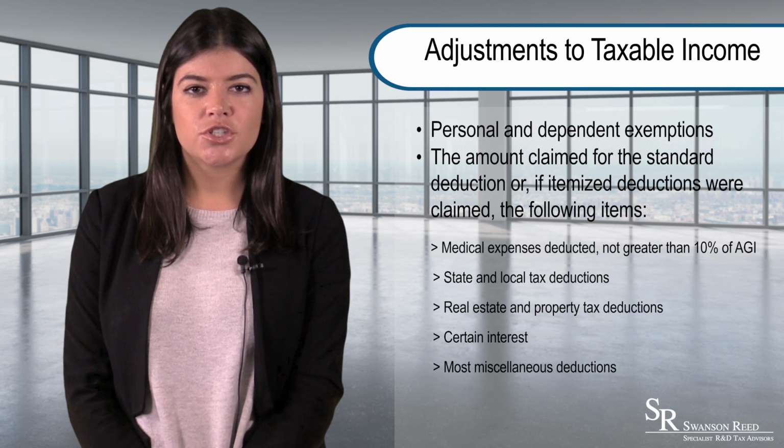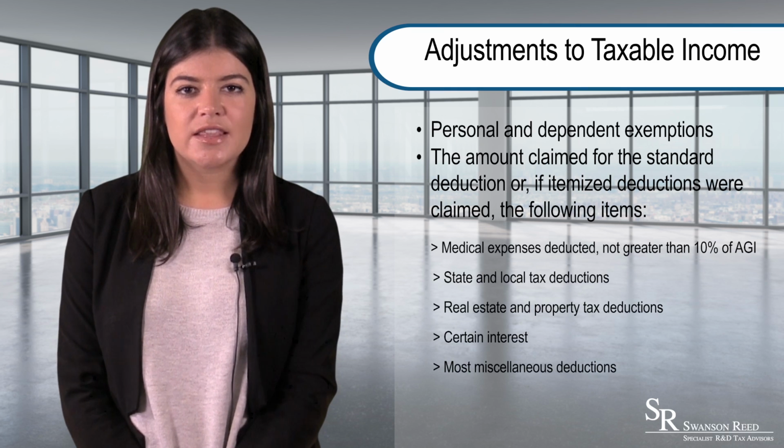Step 1 in finding out if the taxpayer will have to pay the AMT amount is to calculate the alternative minimum tax income. When calculating the AMTI, the following adjustments to taxable income are made: personal and dependent exemptions, the amount claimed for